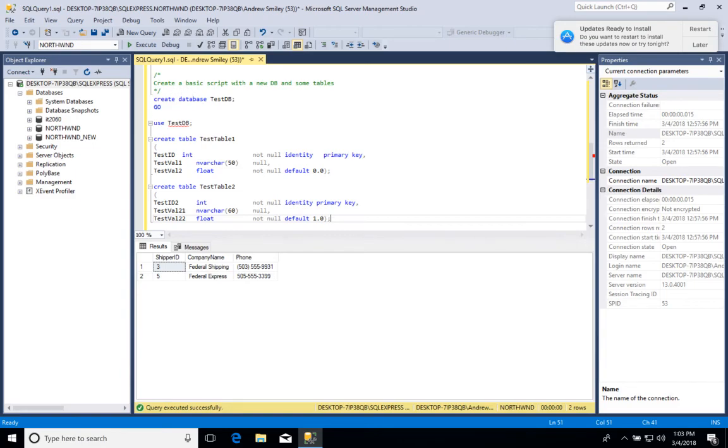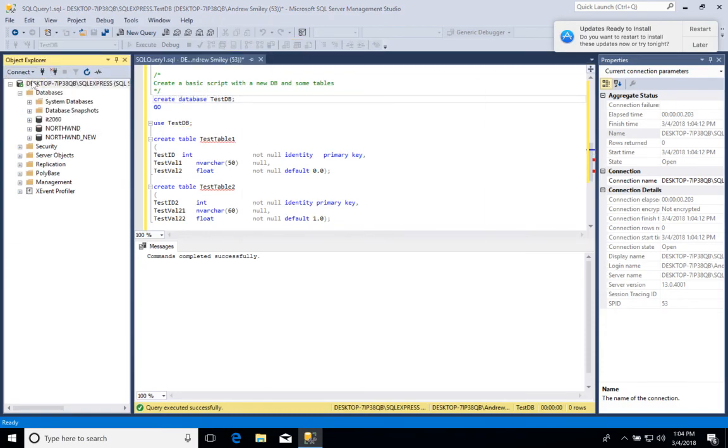What this means is that this is going to be run first before any of this. The reason we have this as a single batch is because if we try to run this before the database is created, then this will fail. And so now if we run this,